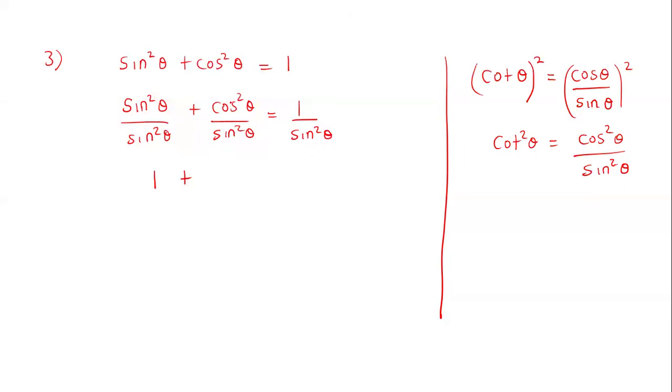Now, where there is cos out of sine, I'm going to replace it with my cot. That is the meaning: where there is cos out of sine, you are now going to put your cot. So I'm going to come here and I say, now this is cot squared theta is equal to,